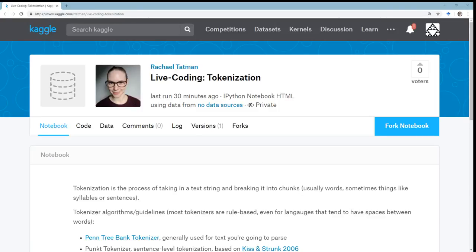Today, we are continuing my series of NLP stuff. Last week, if you joined me, we did a discussion of how to turn words into math, basically. And today we're going to be doing that process for ourselves.